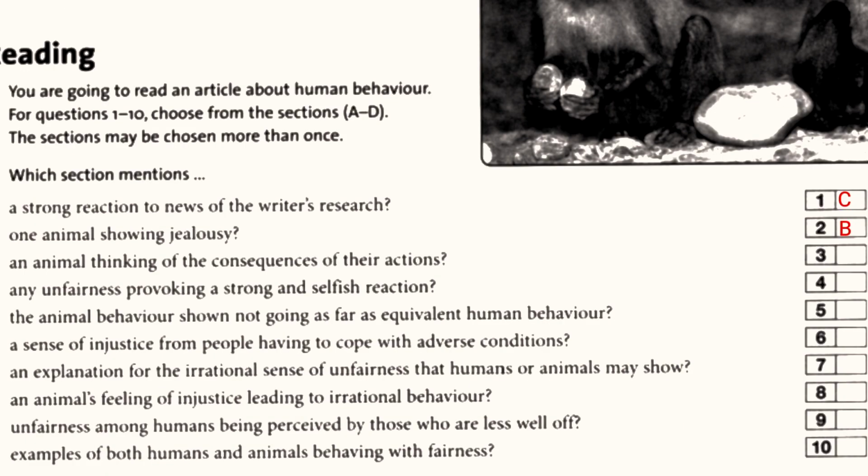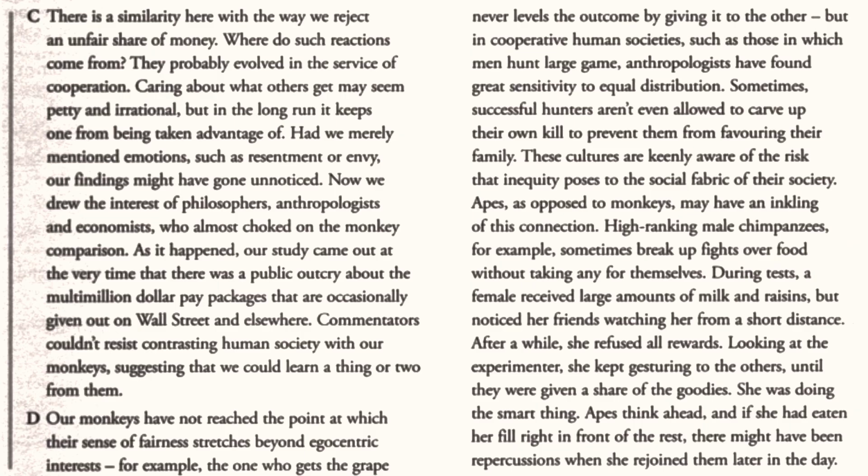So question number 3 asks, which section mentions an animal thinking of the consequences of their actions? Well, I think this was section D, the last section, which was sort of talking about the differences between apes and monkeys. Let's see if I'm right. So yeah, in section D, apes are mentioned quite a lot, and we look at the behavior of a chimpanzee. And then right in the final sentence, it says that apes think ahead, and if she had eaten her fill